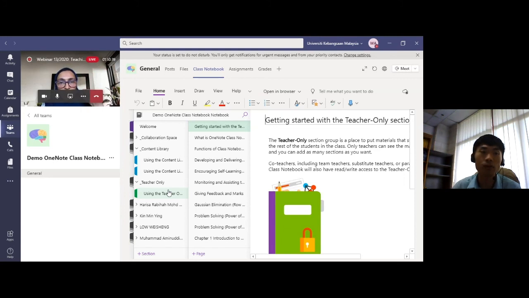Yes. Okay. Another feature, which is probably for primary and secondary school students, is that parents can have access to the class notebook. So for primary students, if their parents want to check on their children's homework, the teachers in the primary school can invite the parents, and the parents can access the students' class notebook. So they will know whether the students have unfinished tasks, homework, and so on. So we can involve the parents in the teaching and learning process, but I think it's more appropriate for primary school students.